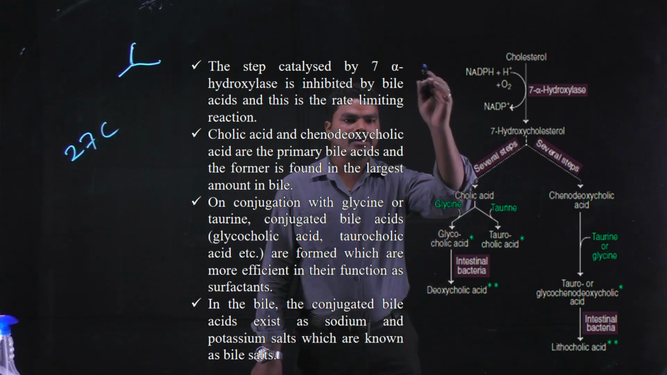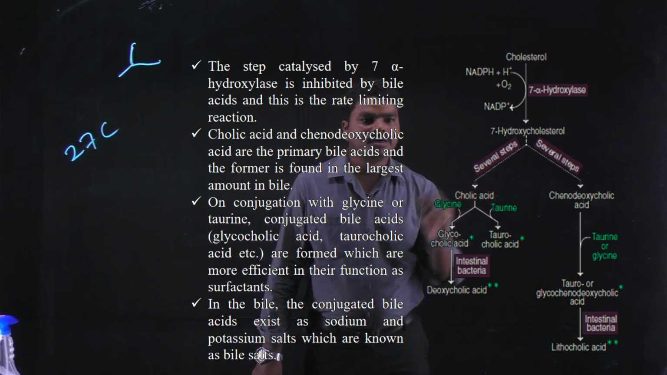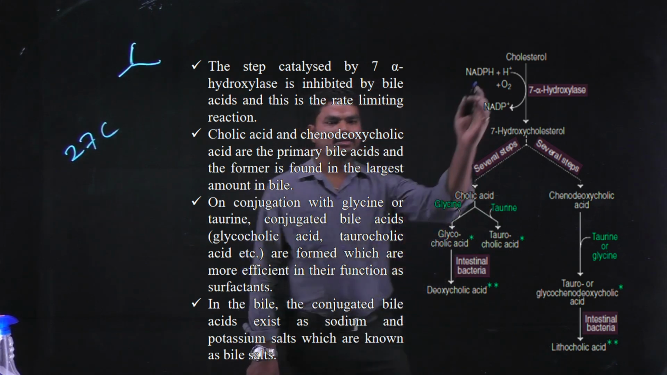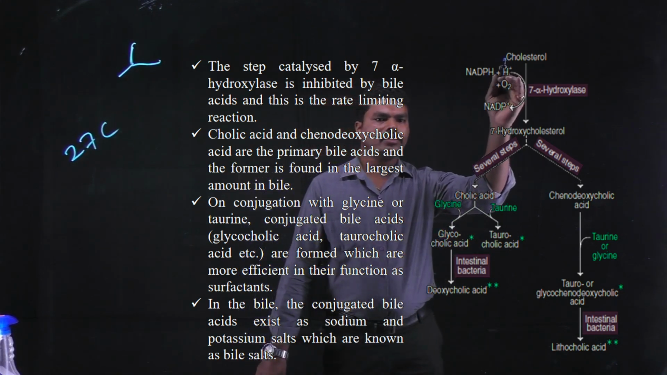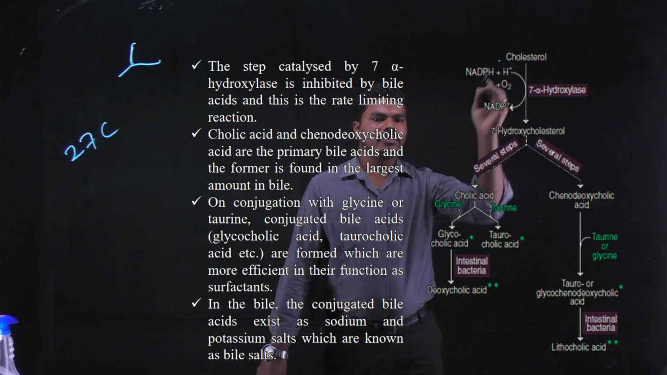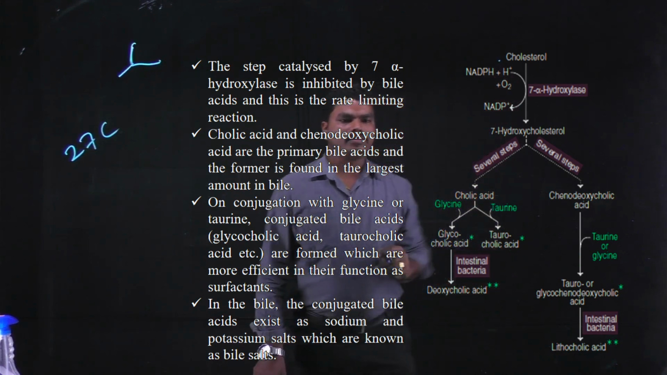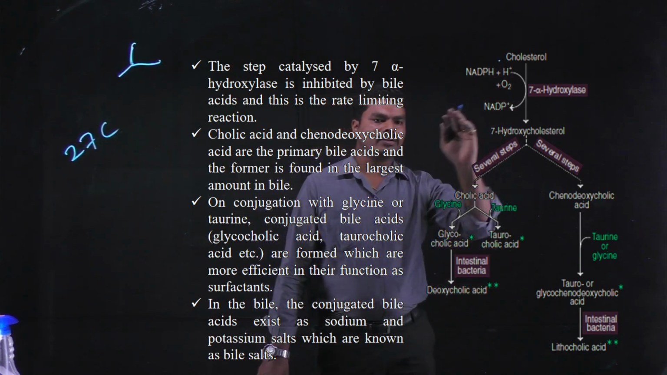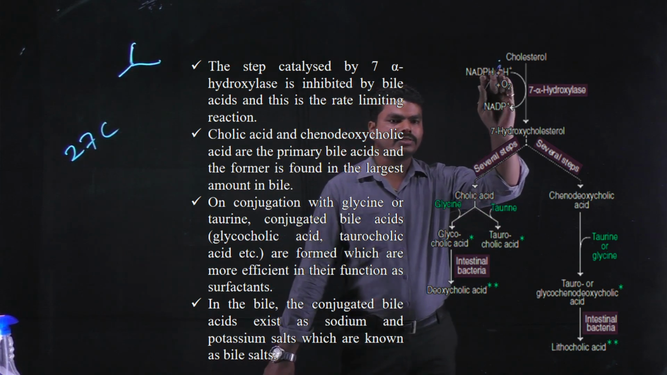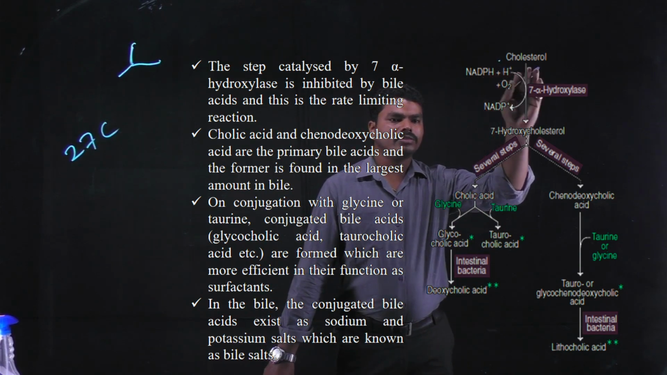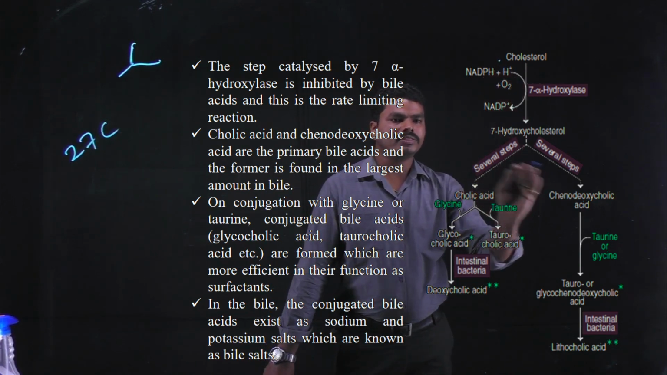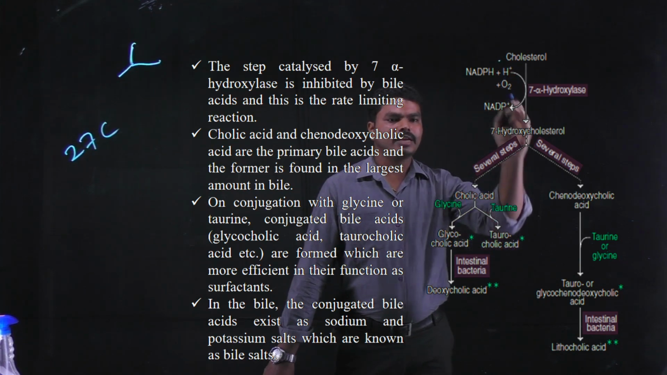the conversion of cholesterol to 7-hydroxy-cholesterol. This is the first reaction involved in the biosynthesis of bile acids from cholesterol. So the first step is the conversion of cholesterol to 7-hydroxy-cholesterol. This reaction is catalyzed by the